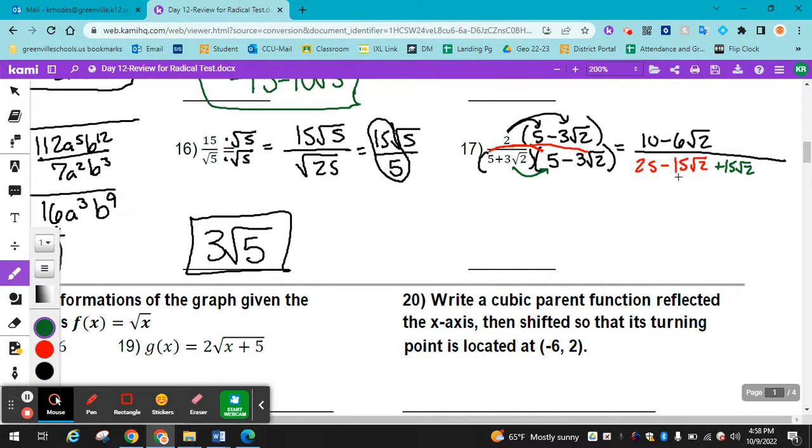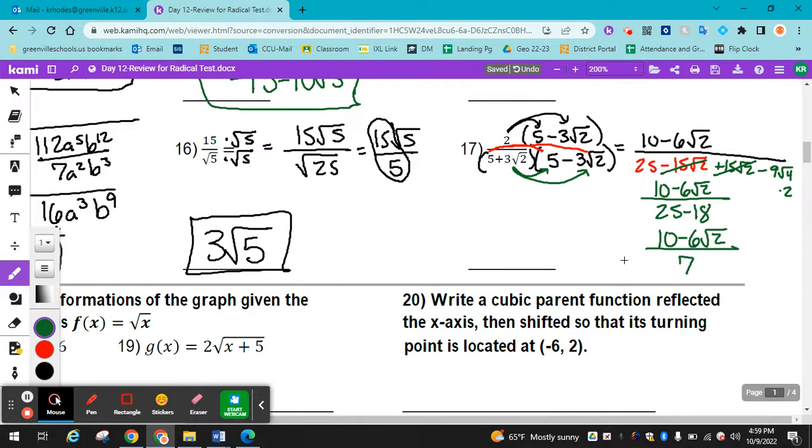When you're multiplying by the complex conjugate, this should always happen. One should be negative middle term, one should be positive middle term. That's why they always cancel out. 3, same exact term, so that'd be negative 9 square root 4. And that will always simplify, so there's no radical left in the bottom. So we have 10 minus 6 square root 2. 25 minus 9, and then square root of 4 is 2. So 9 times 2 is 18. So I get 10 minus 6 square root 2 over